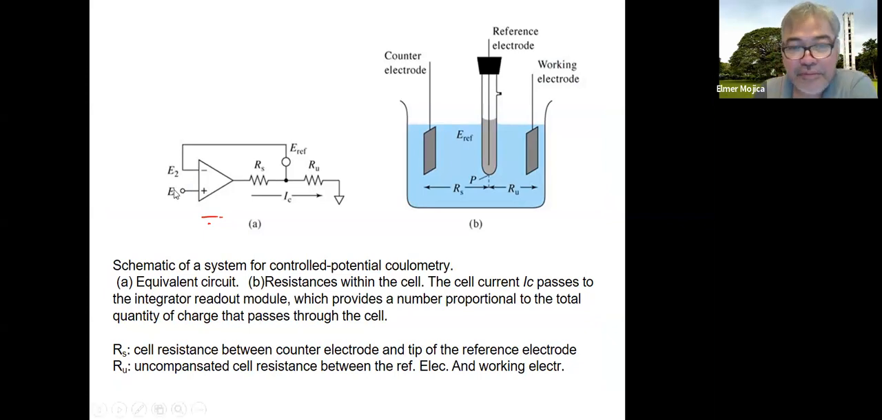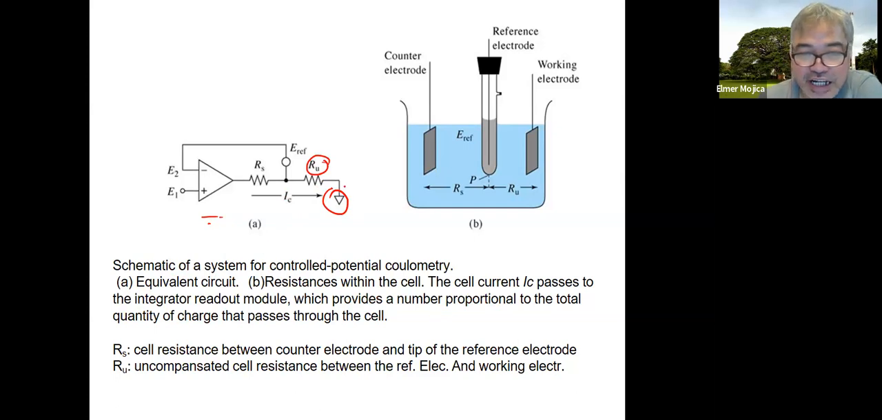Ito lang yung parang mapa ng system mo. So this is the resistance within the cell. As you could see here, the cell current passes through, that's one here, the current passes to the integrator readout module. That's the readout, something around here, which provides a number proportional to the total quantity of the charge that